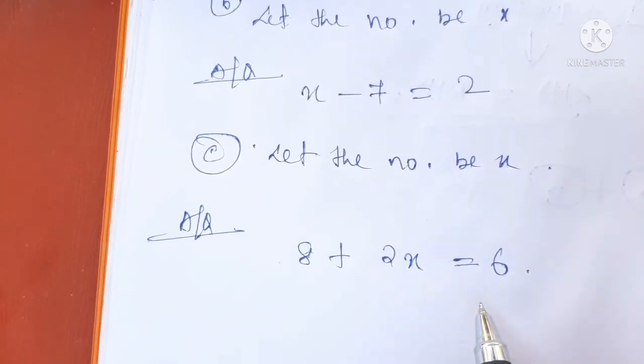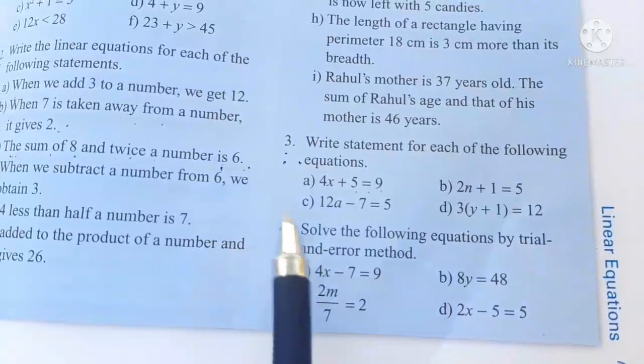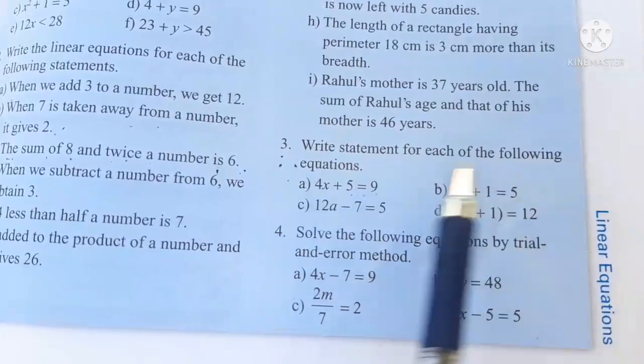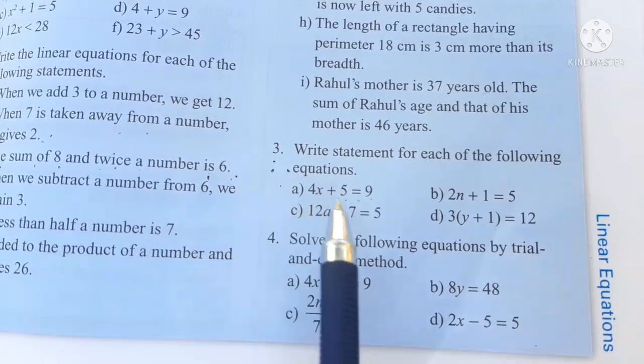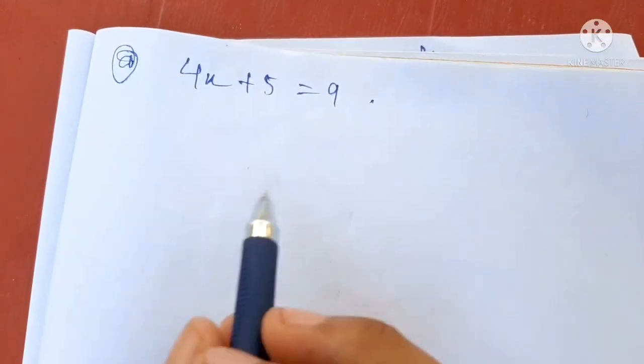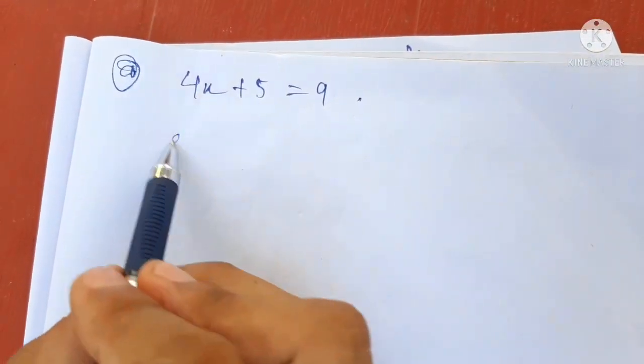Okay, so this is the statement of this question number C. Now we will be writing a statement for each of the following equations. Question number A, 4x plus 5 equals 9. Now here the statement will be